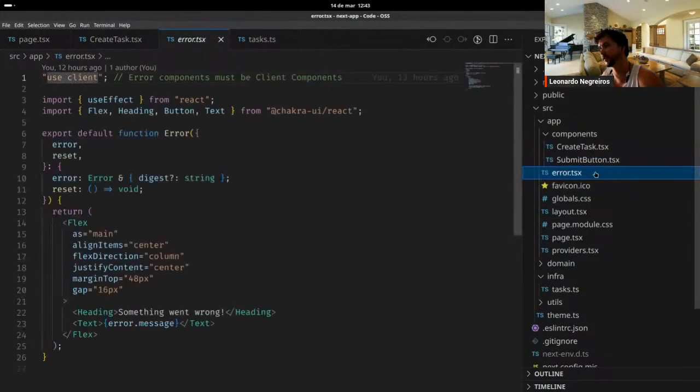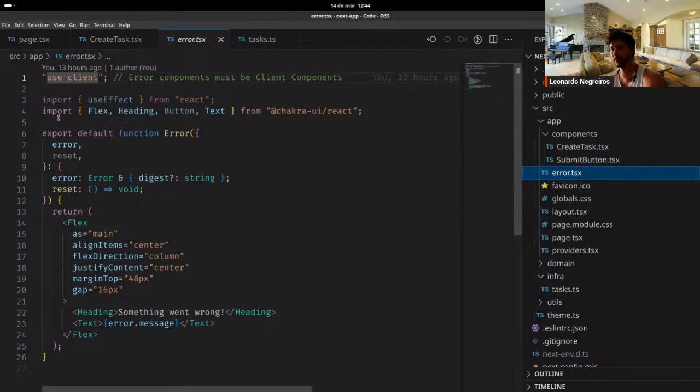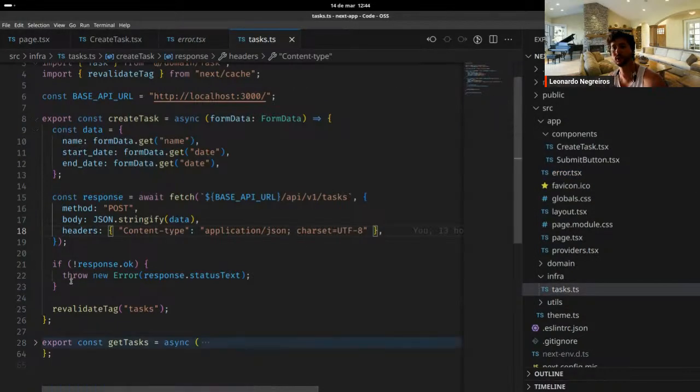So we have this error.tsx. It is a convention from Next.js like the page.tsx or the layout or the loading, because we have those default pages on Next now. And the error one is a page that will render when there's an error, like any thrown error that we have, it will land here. So when we go back to our create task,